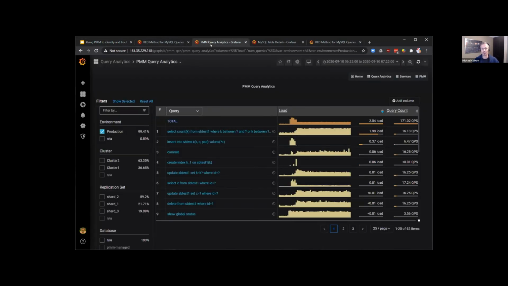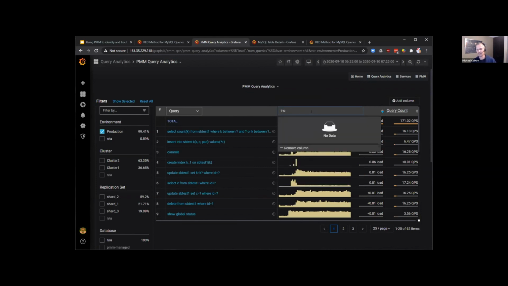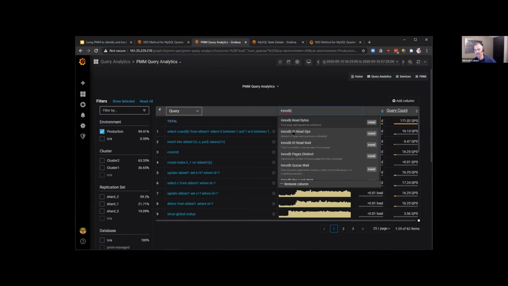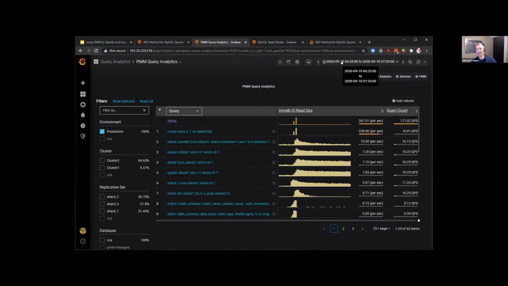Okay, so we're within PMM Query Analytics, and I want to highlight a couple different data points here. This is the field in the section where you'll want to change. We're already on load. Let's set it to the InnoDB read ops. I've already got a time period selected, and I'm looking, I believe, at the same time period as I showed